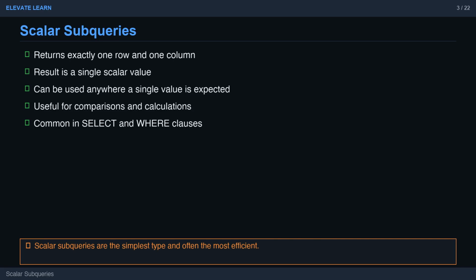Scalar subqueries are the simplest type of subquery. They return exactly one row with exactly one column, giving you a single value. This single value can be compared, assigned, or used in calculations. For example, imagine you want to find all employees earning more than the average salary. You can use a scalar subquery in the where clause to calculate the average salary first, then compare each employee's